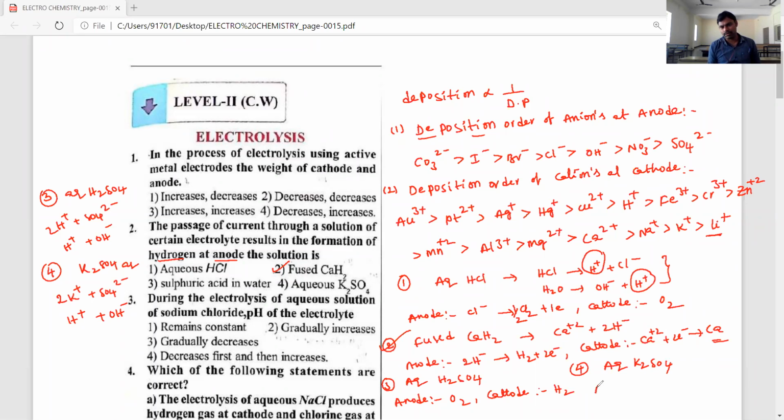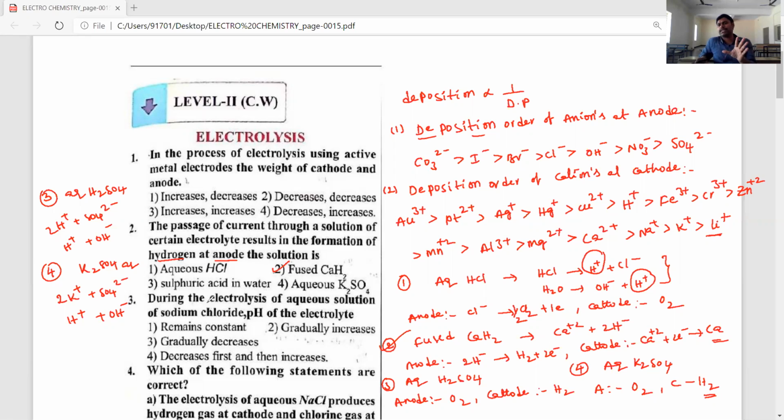K2SO4: at the anode, the negative OH- ions can be deposited very easily when compared to sulfate ions, forming O2 gas, and the cathode forms H2 gas. Hydrogen gas will form. So the answer is the second option. I just gave a clear-cut idea about discharge potential and deposition potential. When two or more cations and anions are present, which can be deposited easily depends on their discharge potential. If the discharge potential value increases, then deposition decreases. So based on that, here